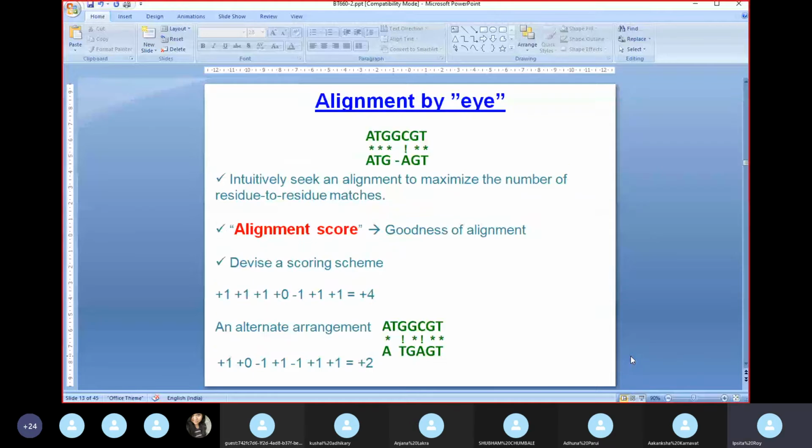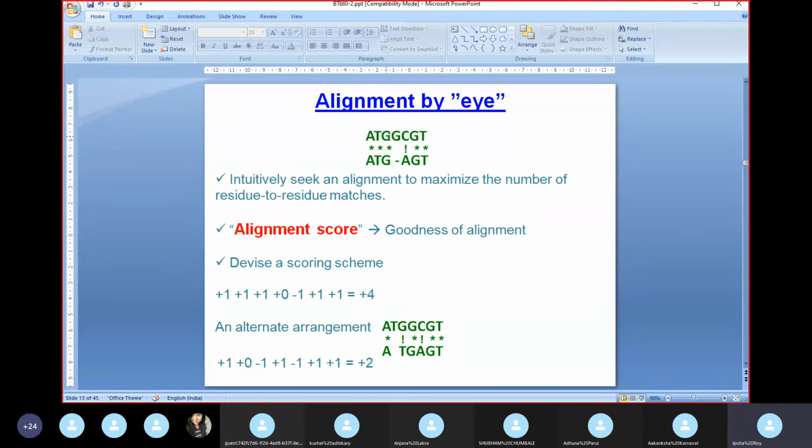So how do you determine whether the alignment that you're carrying out is good or bad? Alignment is usually done by eye for shorter sequences. So let us suppose this is your template sequence, the upper one. The lower one, ATG, AGT, is what you're trying to fit in here. So alignment can be done. This here is an example with nucleic acids. You can do the same kind of alignment with amino acids as well. The process is the same.